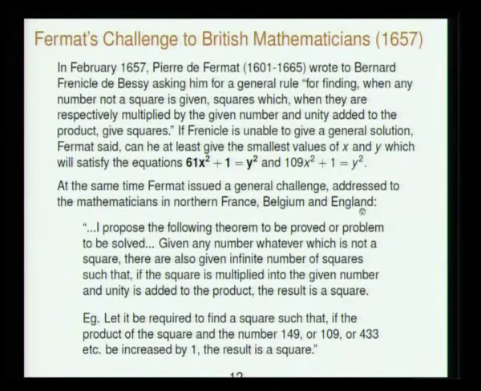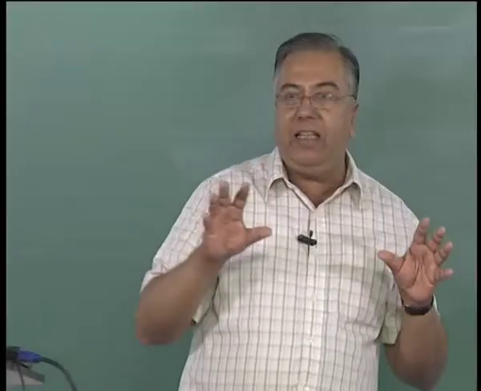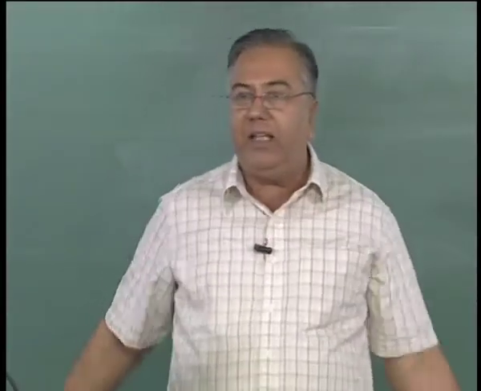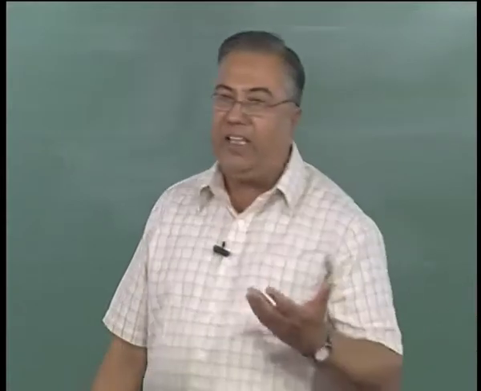The question was the same thing: can you solve the equation x squared minus dy squared is equal to 1 in integers? And he said, people know this kind of an equation, but the important thing is to put the restriction that you want solution in integers, and this is the birth of the theory of numbers in modern mathematics, as Andre Weil says that this was the birth of theory of numbers, essentially the problem.